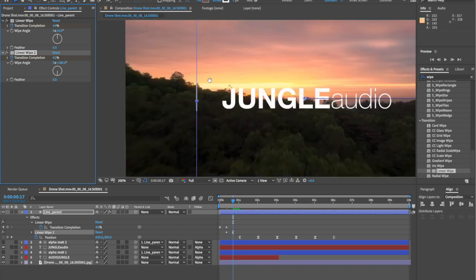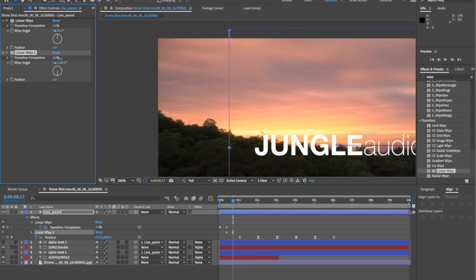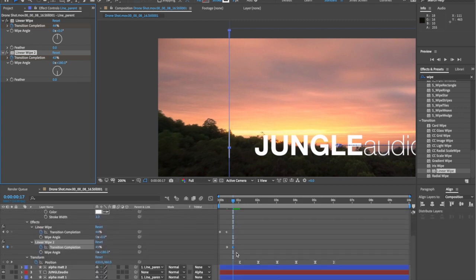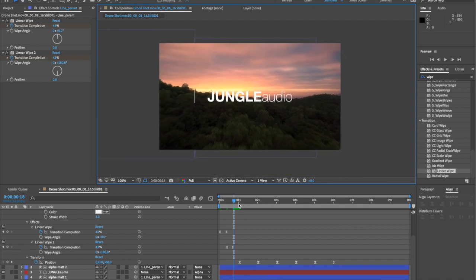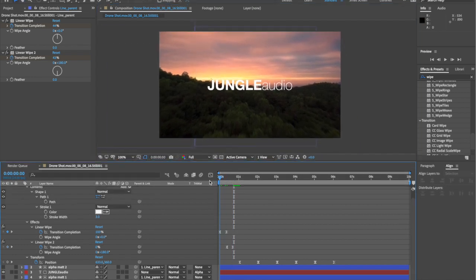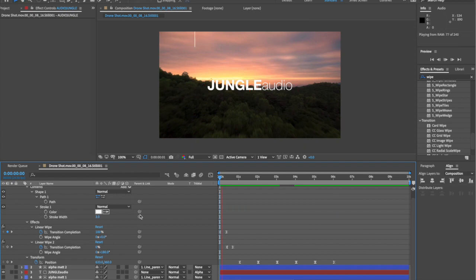Set the value 40 or 50, as much as you want. I like this length, so select all keyframes and press F9. It's like this. Select all keyframes, press F9 to make it easy. This animation is good. I'm gonna try last part,